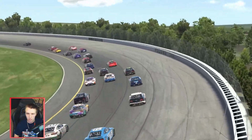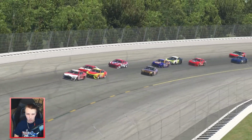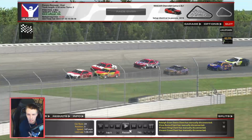This was the next restart, I think right in front of us as well. 23 and the 11 hit. Oh no, that was behind us. The caution was in front right there. The 21 and the 24. What happened between them? Because it seemed like...